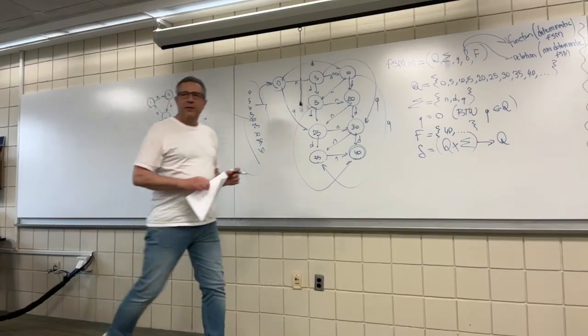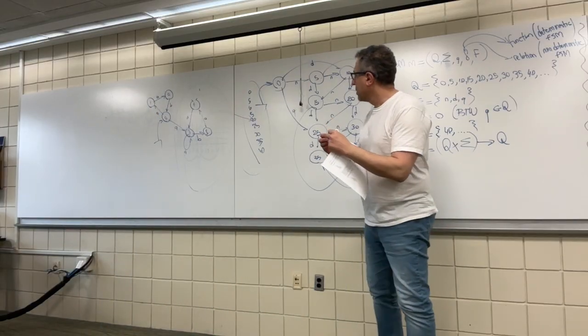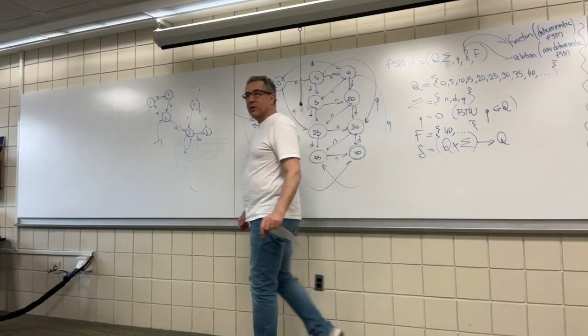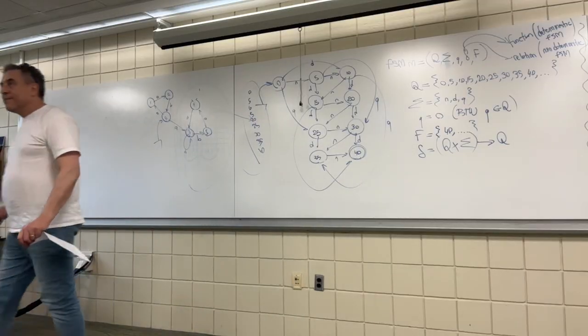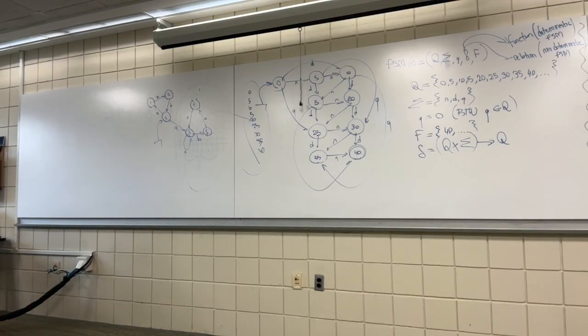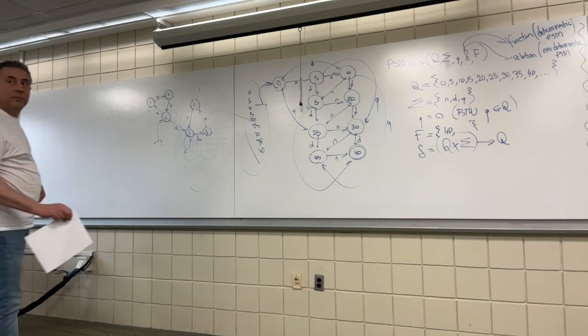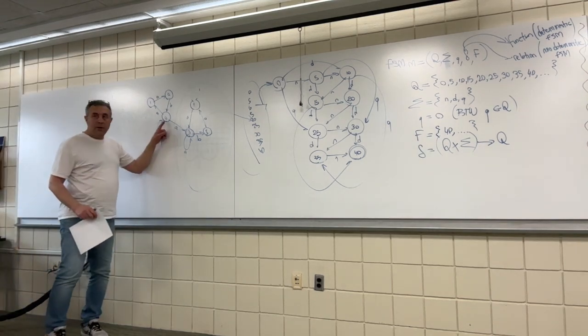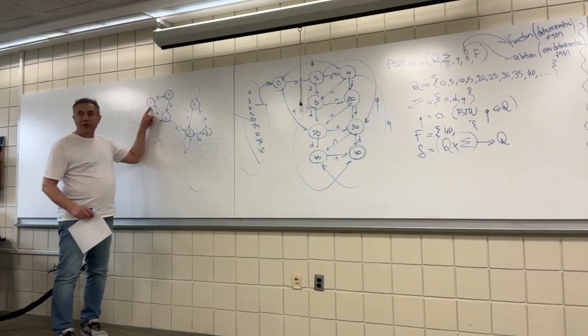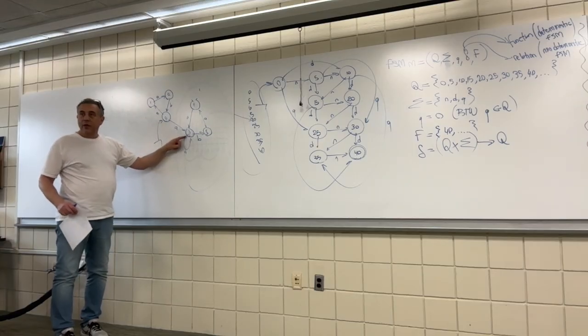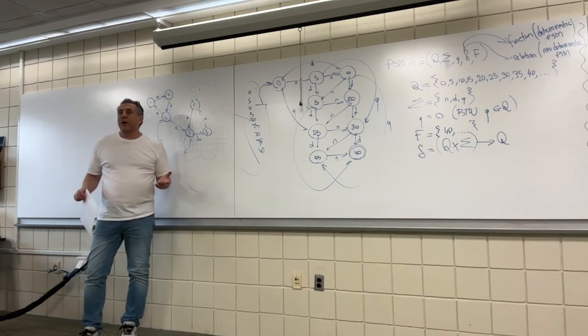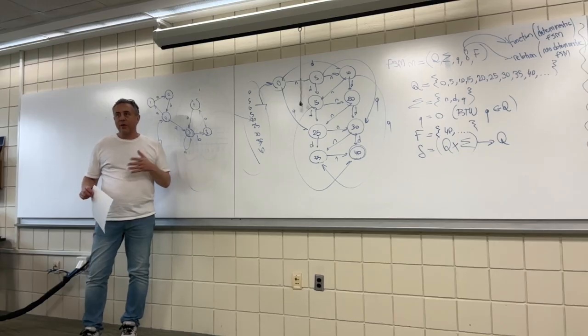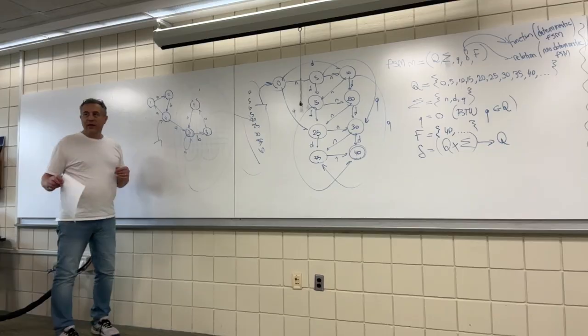Can anyone characterize what this thing is doing? Or maybe I should say, where's the non-determinism? 0 can either go to 1 or to 3. That's right. So 0 is a state, and if A happens, you could be here or you could be here. So this is a problem because I cannot apply what I've known so far. But why would this be useful? You're designing a game.